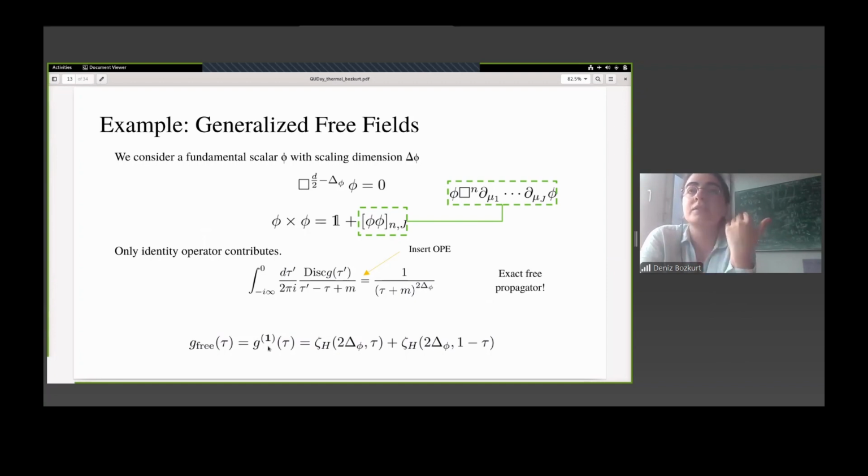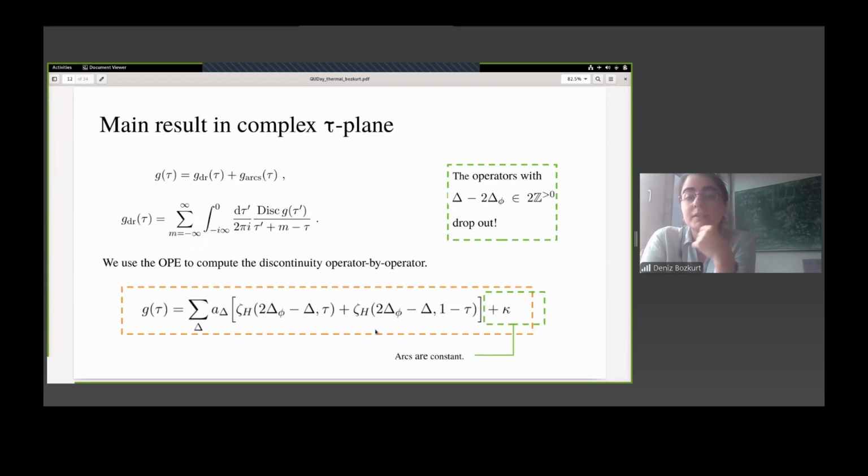And then the result of the entire 2-point function becomes this one, so the sum of two Hurwitz zetas evaluated at the external dimension of the field. And now, this was a known result, and yes, it agrees. But the point is that now you can see the form of the 2-point function in terms of the Hurwitz zetas. We can point out that the general formula that we obtain for the 2-point function